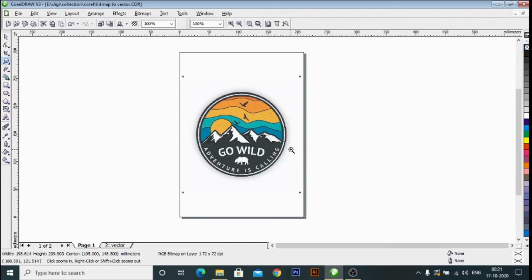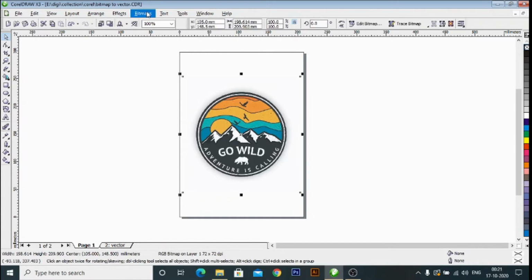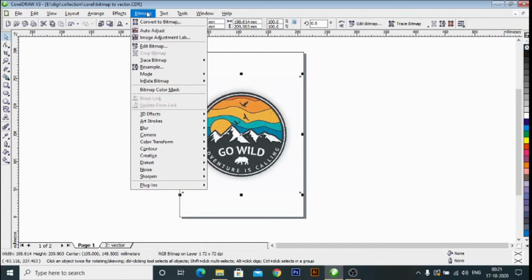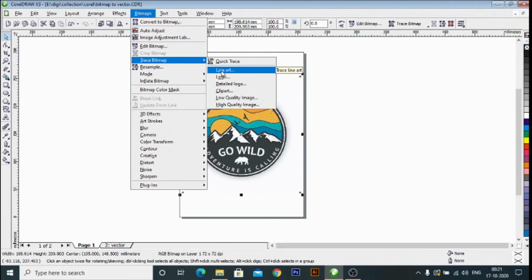Let's convert this image into vector. Go to the Bitmap tab and here, Trace Bitmap. You will find so many options here for tracing: line art, logo, detailed logo, clip art, low quality image, high quality image. Every option does a different kind of tracing.